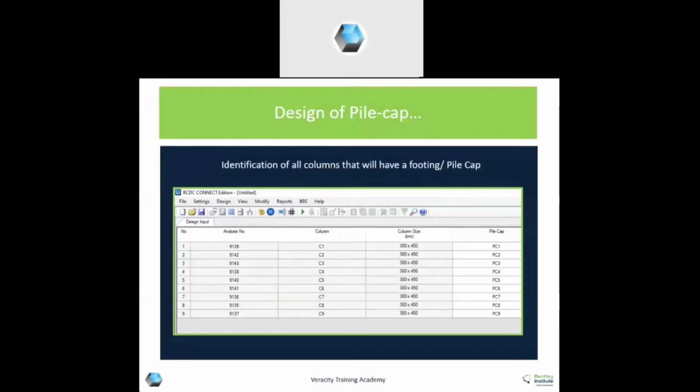RCDC will give the column numbers to those node numbers which are there in STAAD. You can have two sequences of column numbers, from bottom to top or top to bottom, depending upon your preferences. Column size in the model is already read.